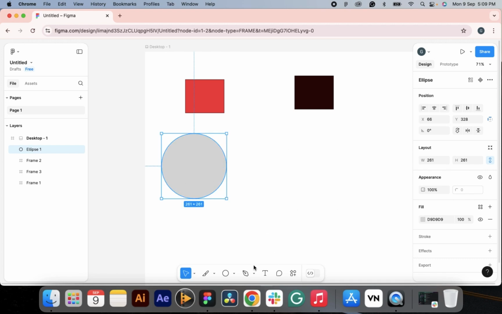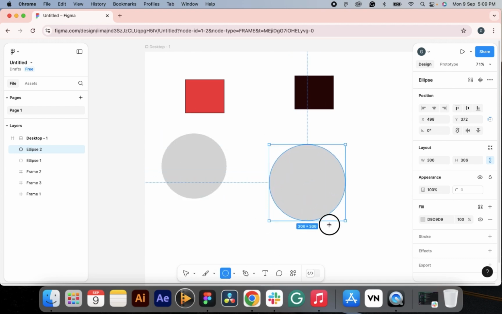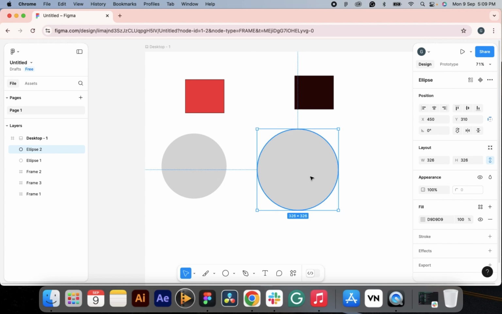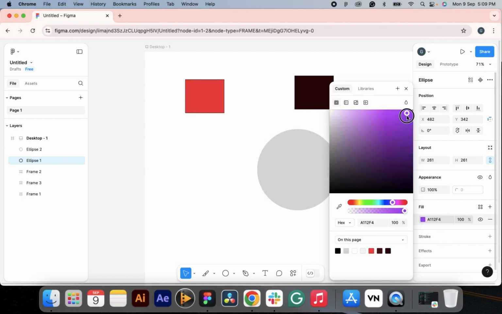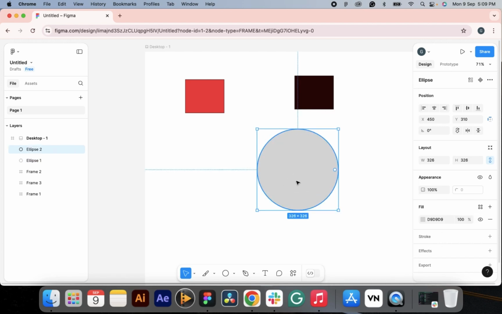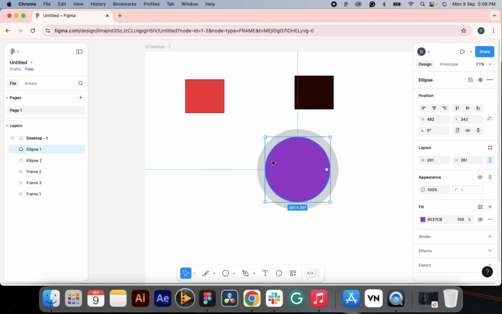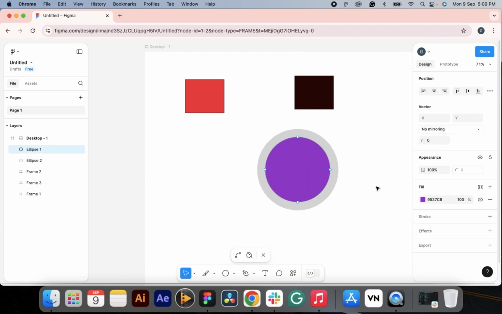Okay, then draw one more circle. Then I keep both. Then I will change the color of the circle and I just keep it behind to make it visible. Okay, and